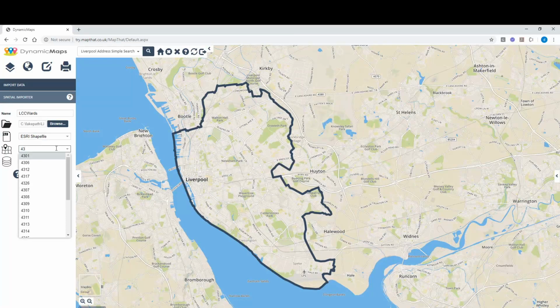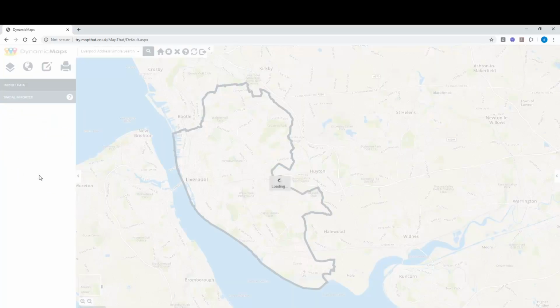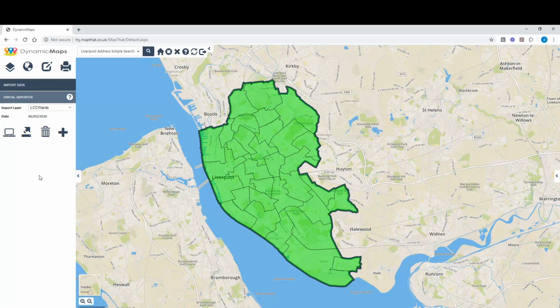So in this case 4326. Finally we're going to import it into our GeoStore, so choose that database from the list and then press the Upload tool. Within a few seconds the GIS file, in this case a shapefile, will be uploaded into your GeoStore and available